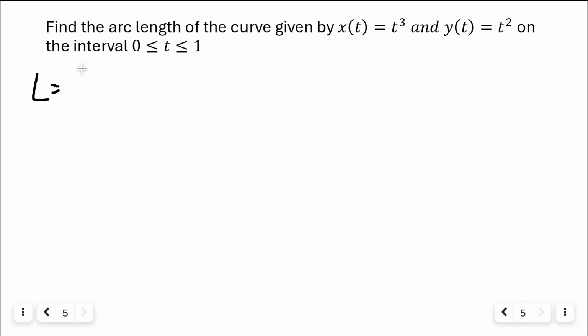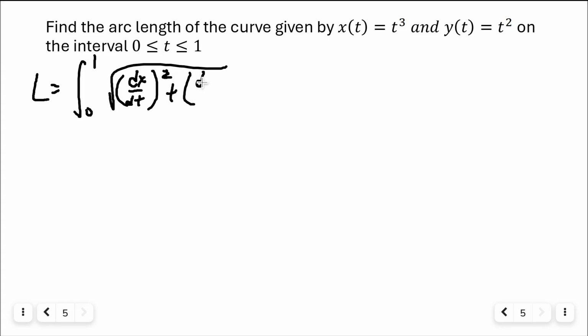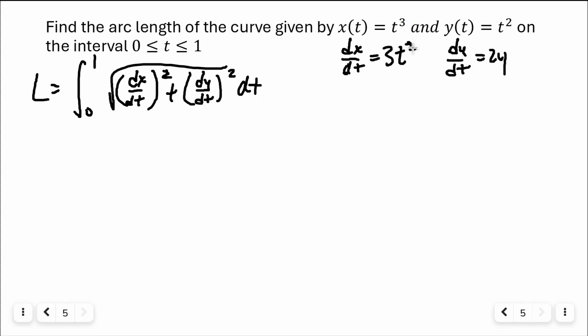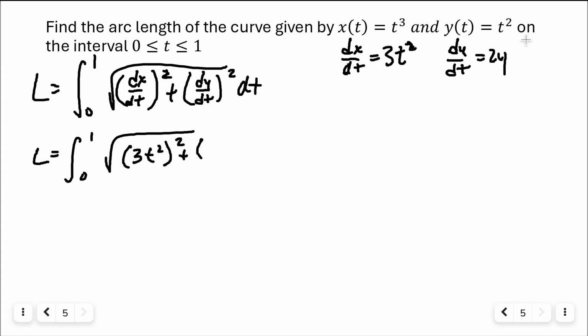So L, let's write it down. The arc length is going to be the integral from 0 to 1 of the square root of (dx/dt) squared plus (dy/dt) squared, dt. Okay, so to do this, I need to find dx/dt and dy/dt. So dx/dt is 3t squared. dy/dt is 2t. Then L is the integral from 0 to 1 of the square root of (3t squared) squared plus, I wrote y,